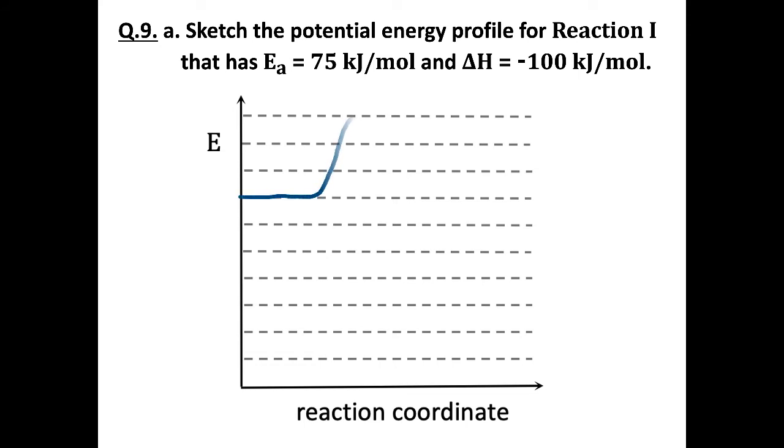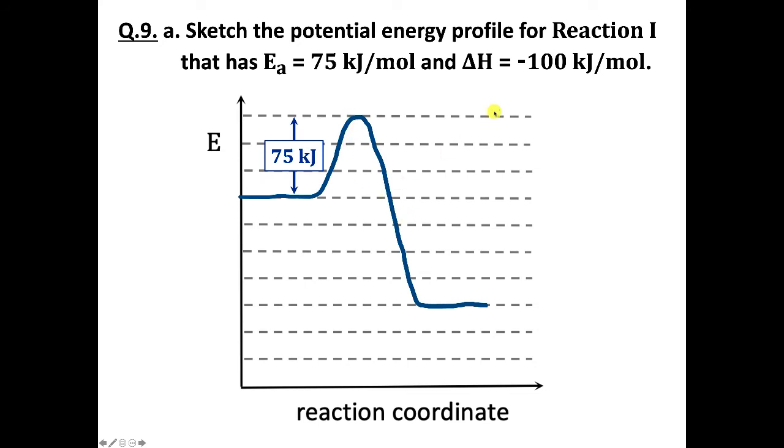And hopefully you did something that looks like this. The reactants have a certain energy, and it's just a starting point I chose to make everything fit on the graph nicely. You could have started on this dotted line, and then everything would be shifted downwards a little bit. But we have a reactant energy of whatever it is. Then the E sub A, the height of this energy barrier, this hill, is 75 kilojoules per mole. If each of these dotted line spacings is 25 kilojoules, then 25, 50, 75 kilojoules is the height